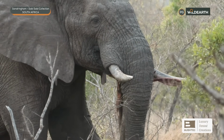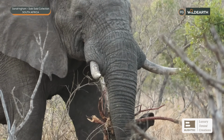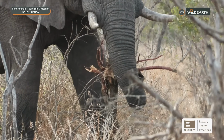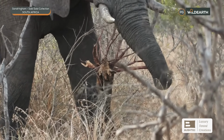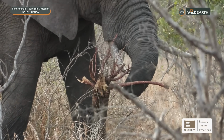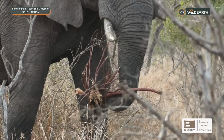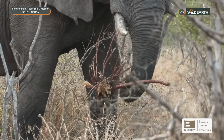We've got ourselves another big elephant who's completely ripped this poor bush willow out of the ground, roots and all. There was like a string of roots that went in four or five different directions. And he's completely dismantled it now. It looked like he was going to try and eat on it like a...